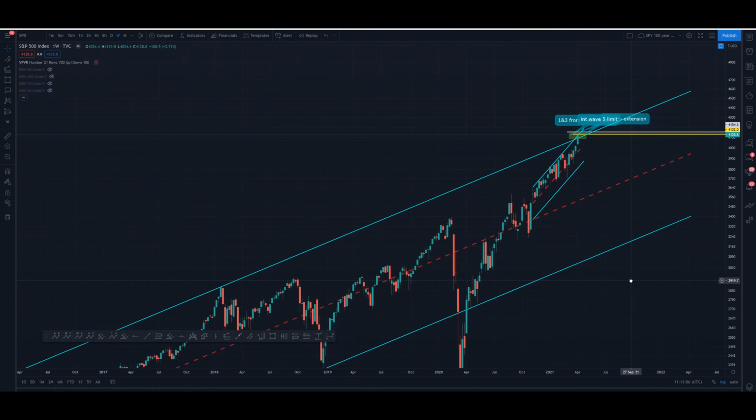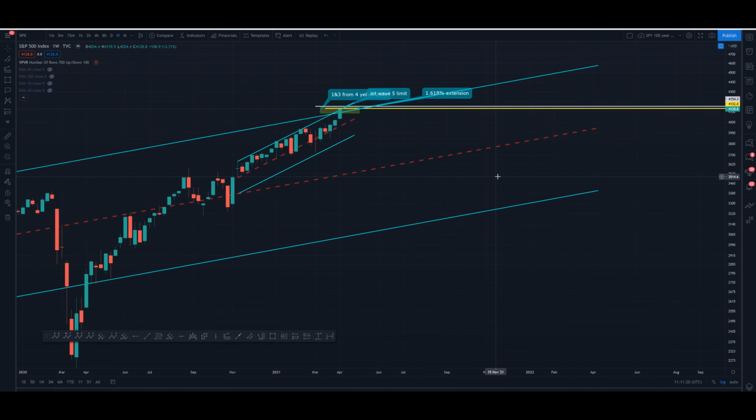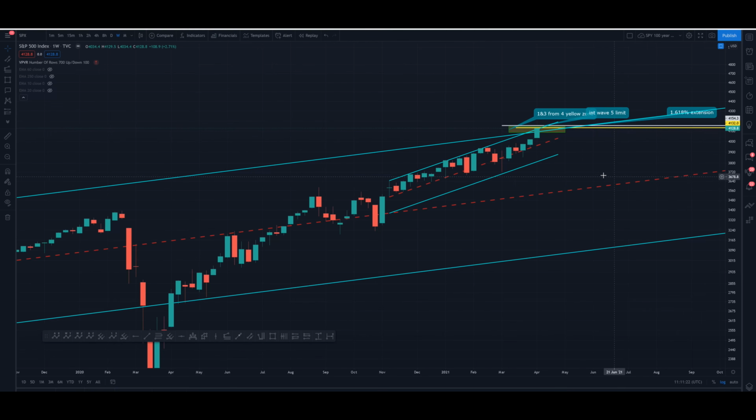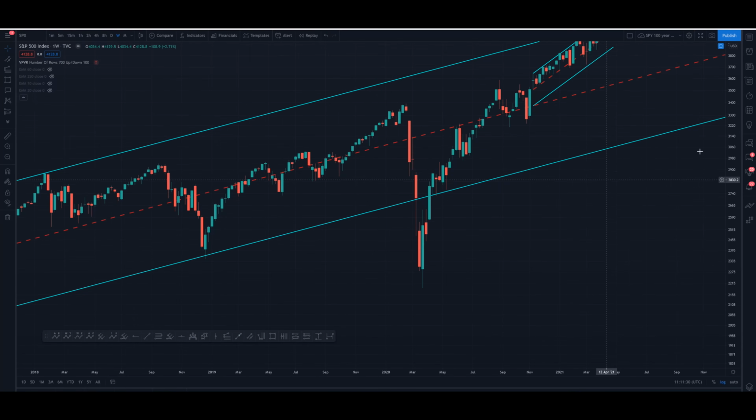So let's run them down. The 1.618 from the swing high, swing low during the COVID sell-off. We've got the length of 1 and 3 projected from the 4 on the intermediate time frame, which is a wave 5 limit. 1 and 3 on the primary time frames up here as well. And that's where I'm going to leave it. If I dig out anything else,